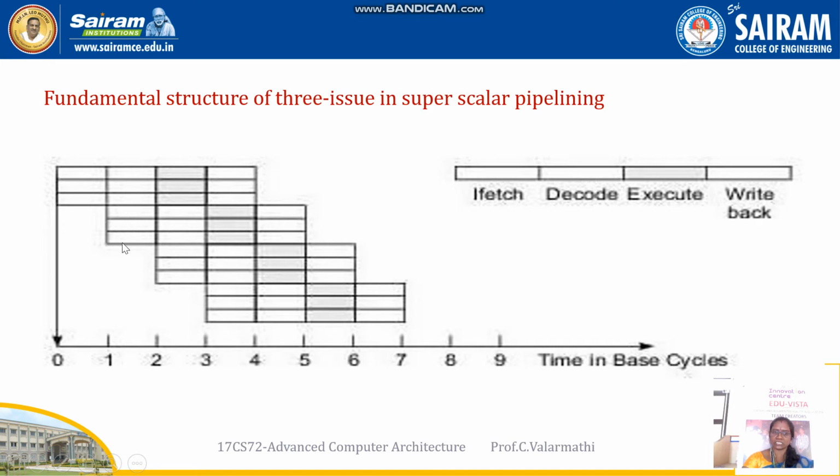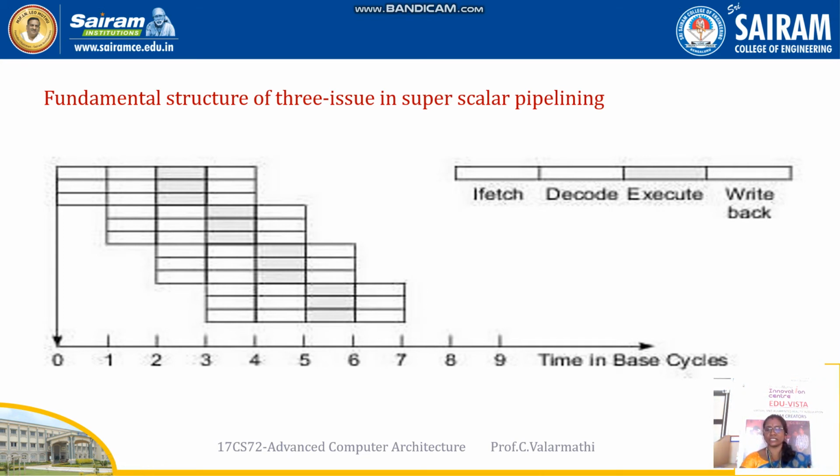But in the second clock cycle itself, another pipeline has started. So another set of 3 instructions is in the fetch stage. So in the second clock cycle, from 1 to 2, the first set of 3 instructions is in the decode stage, and the second set of 3 instructions is in the fetch stage. Likewise, instead of executing a single instruction in its pipeline stages, superscalar executes 3 instructions together in a pipelined fashion.